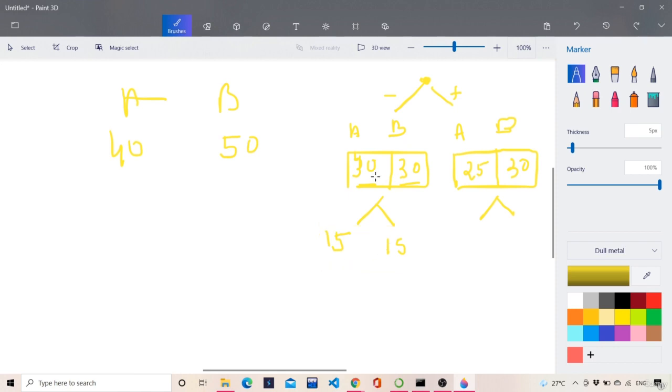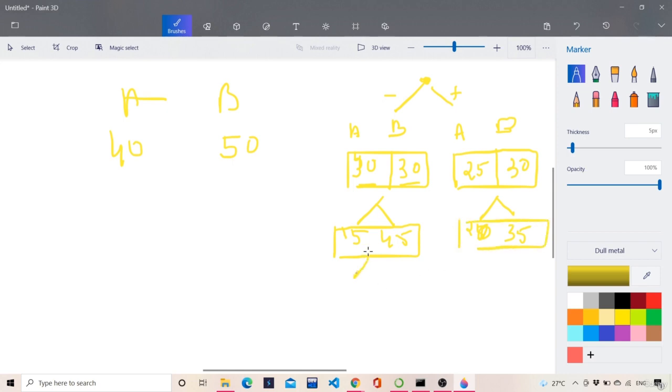If you are into metrics and all, this is 60, right? So let's say that out of 60, 15 were A and 45 were classified as B according to the decision logic which was made here. There is still impurity. Over here there are a total of 55. So over here I will again say that this was 20 and this was like 35, based on some decision logic which was made.